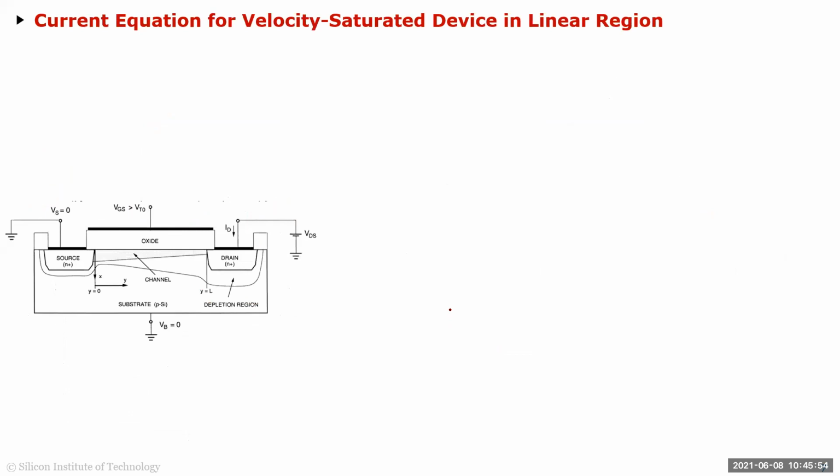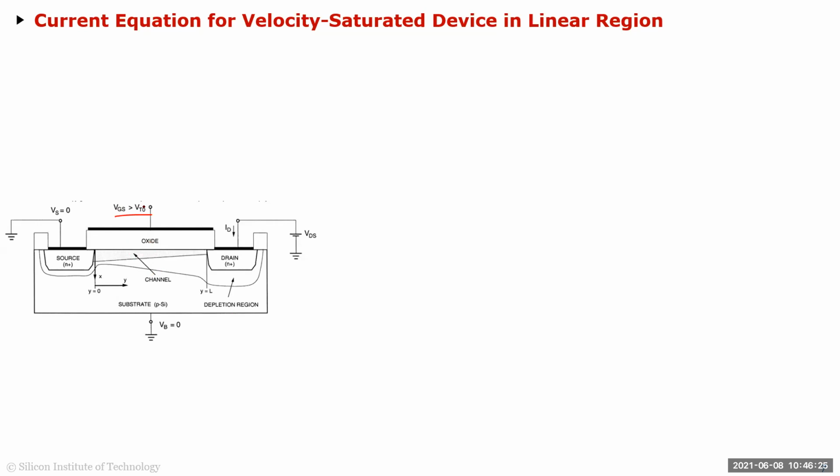So we did two modifications, one to our mu E, and then we introduced another term called VSAT, which is basically saying that the velocity is not going to keep increasing, but it'll saturate at some point. So if we put this in our current equations, which we have been deriving, if you remember, for our long channel approximation, we said first we